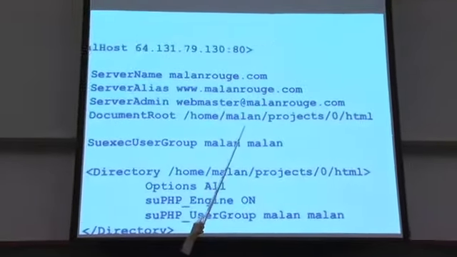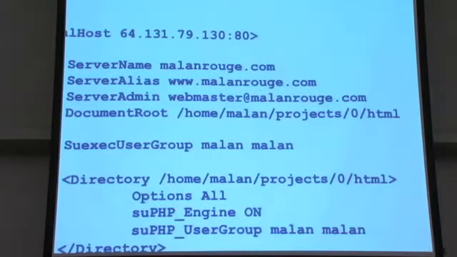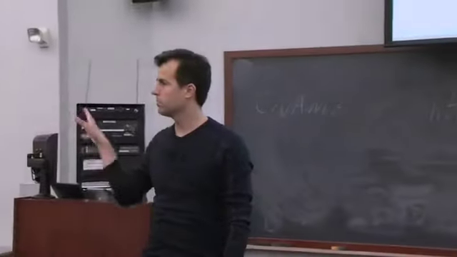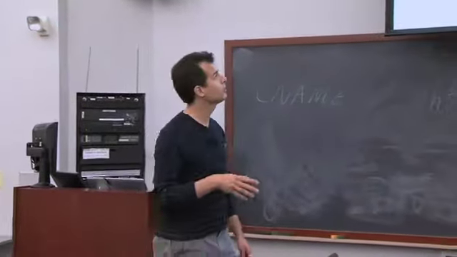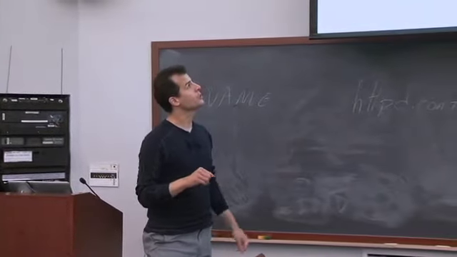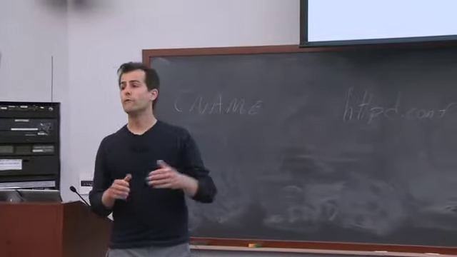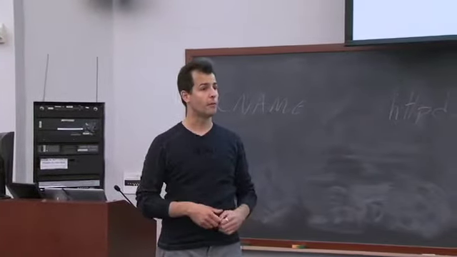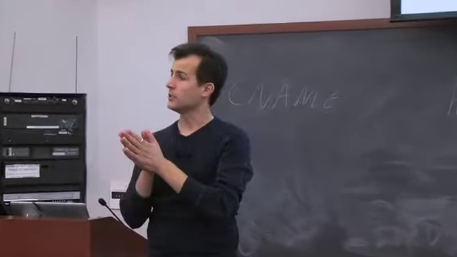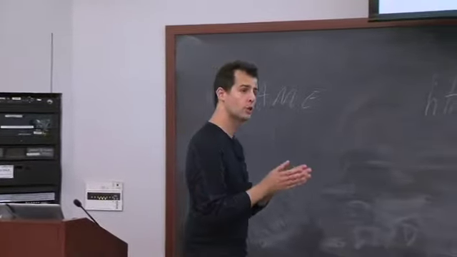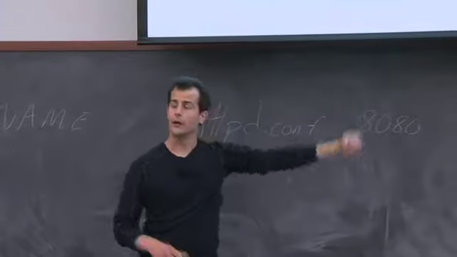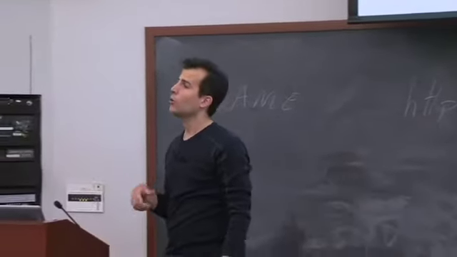Mailin would be my username. And what you'll find after submitting Project Zero is that what we will advise is once you have a username and password on a server, and I'll connect to this thing and play around certainly in lectures, and you'll see it as well in sections, we will have you create a projects directory inside of which will be a 0, 1, 2, 3, and final directory. And then you can isolate all of the code that you write for each of the projects to one of those folders. And thanks to a directive like this one and a few other configurations that we'll make sure